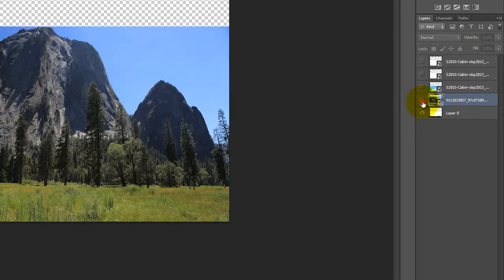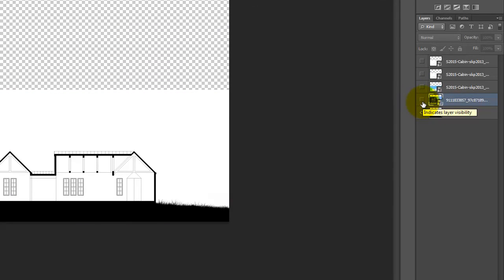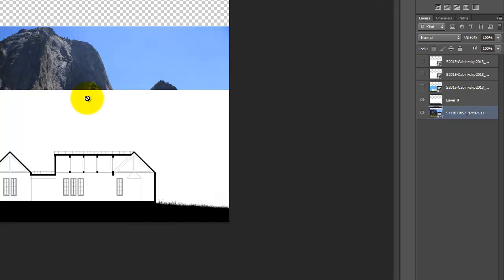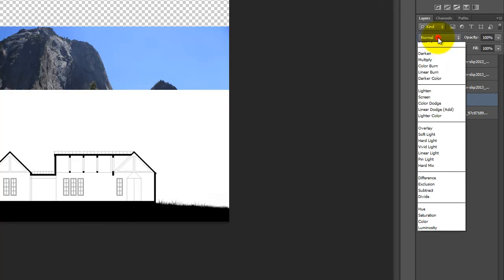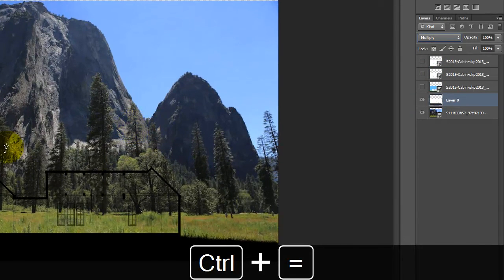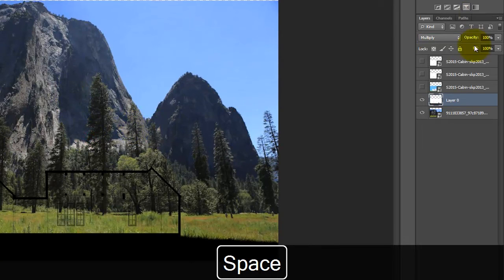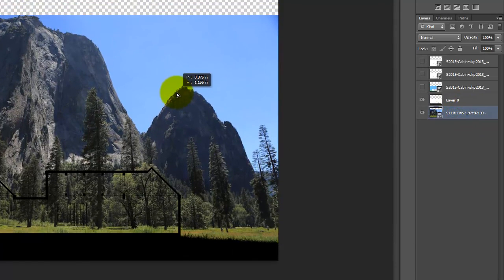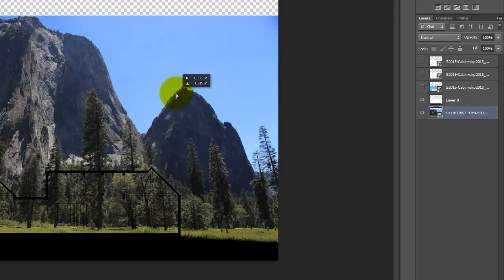Okay? If I were to turn this off, you see that it hasn't affected my original drawing at all. That still exists just fine. This is here. Let's go ahead, and I'm going to drop this below here. And I'm going to change layer 0 temporarily to multiply, just so that I can kind of see through and adjust my background image so that it works. Okay? So let's look at this image a little bit. And I'm going to do a little bit of moving until I feel like it's in about the right position. Right, something like that. Kind of looking at the slope of the meadow, imagining that it would go